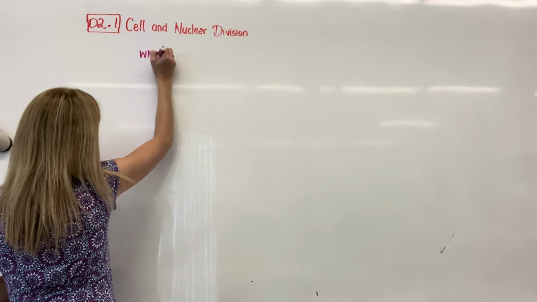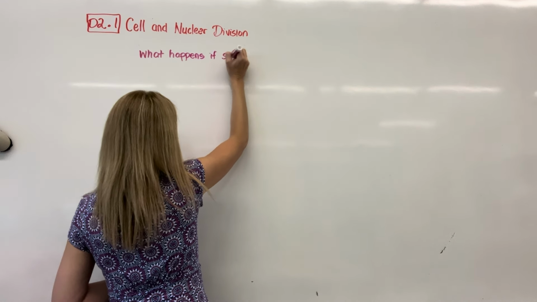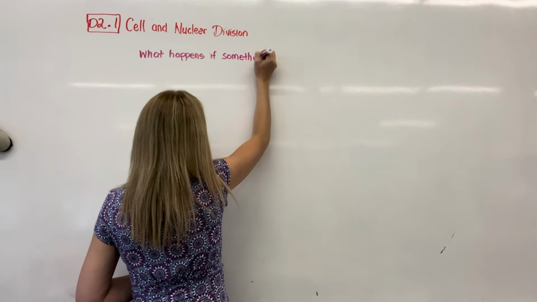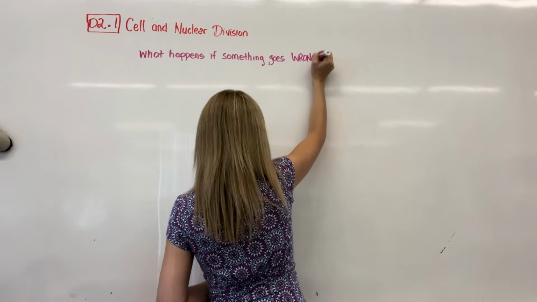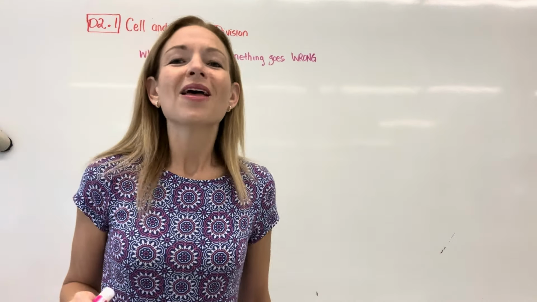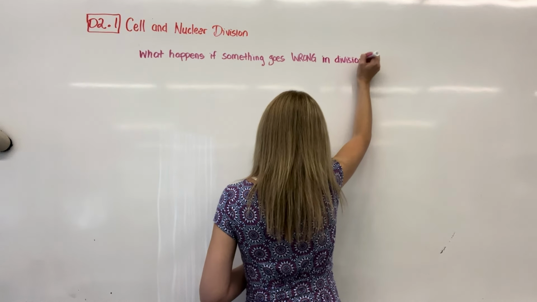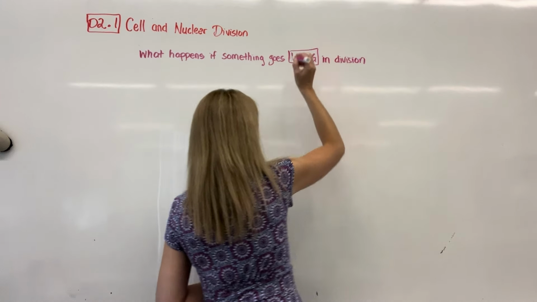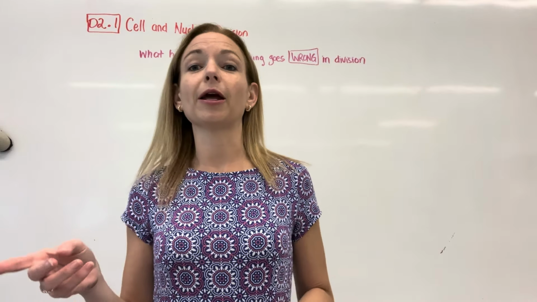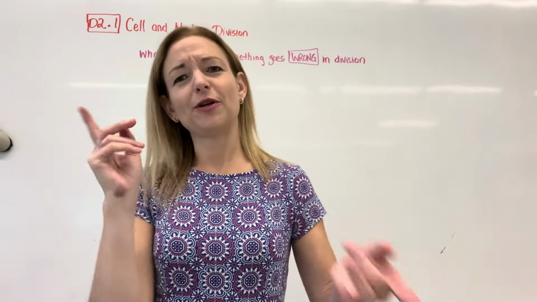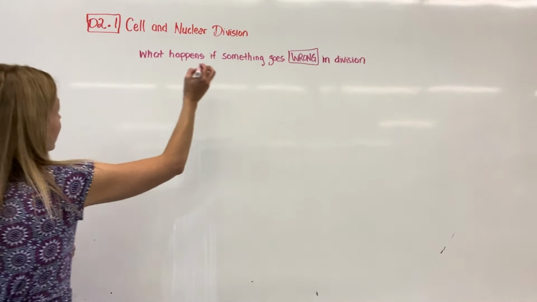So what happens if something goes wrong? These are not the only two ways things can go wrong. These are just the two things you have to know, so we're going to cover them together. One of them is something that's going to go wrong in mitosis, and one is in meiosis. Interestingly, if you are SL, you don't need to know about cancer and the stuff that goes wrong in mitosis, so you can just do the meiosis, but you do need to know about the meiosis. A bit random. So those are the two different kinds of problems that can occur.